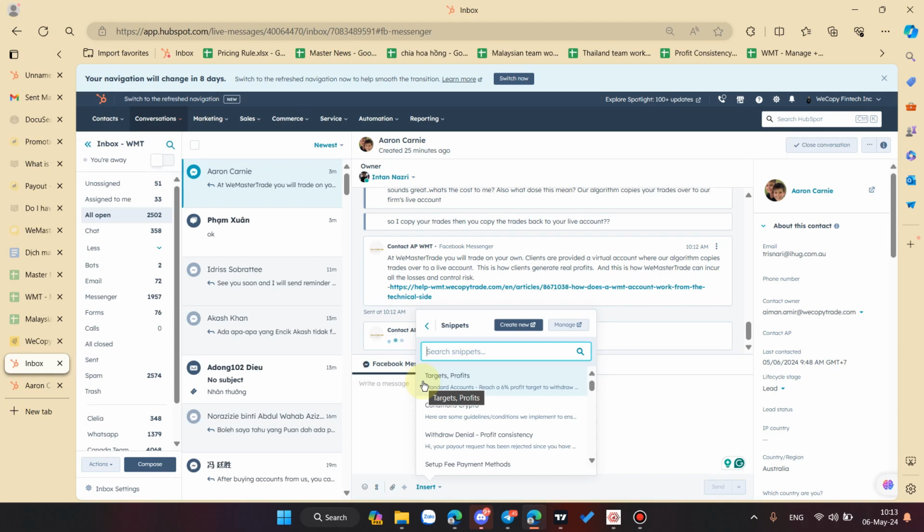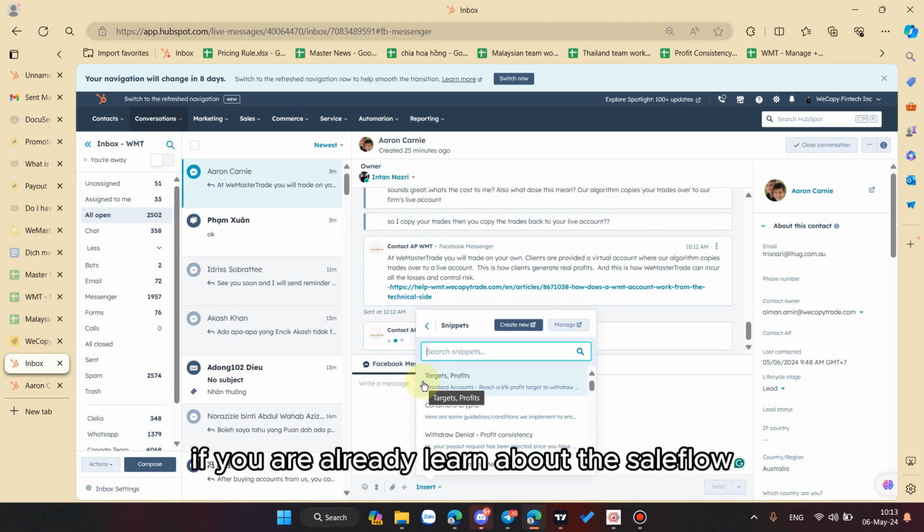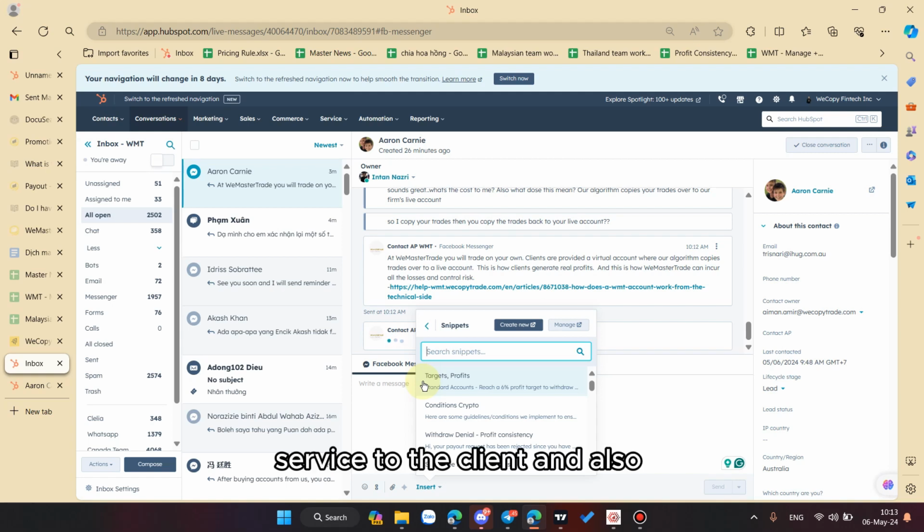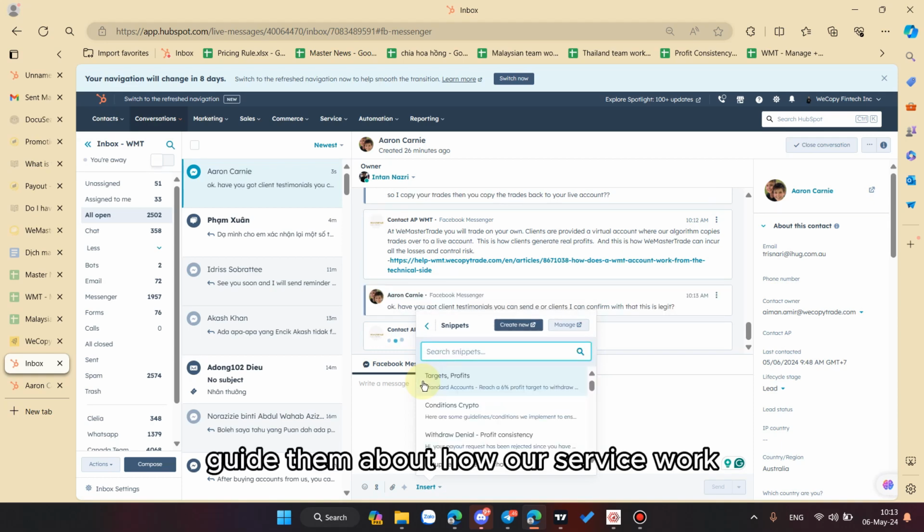If you have already learned about the sales flow, you know we have 4 or 5 compulsory steps to introduce our service to the client, and also guide them how to create the account and how our service works.